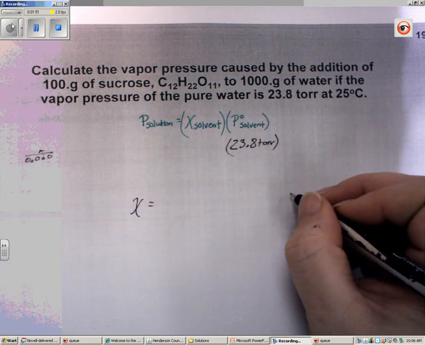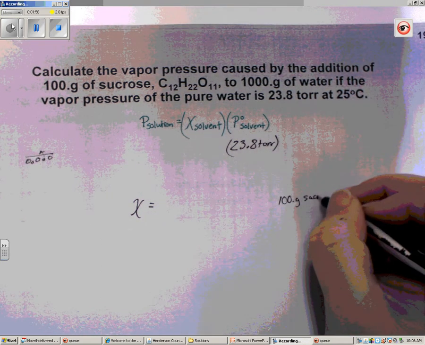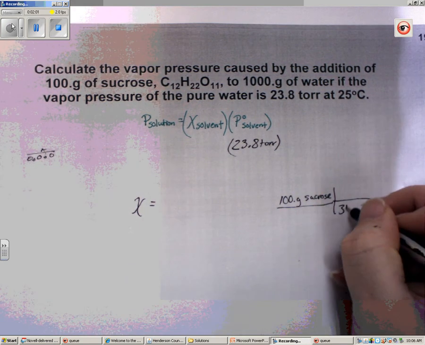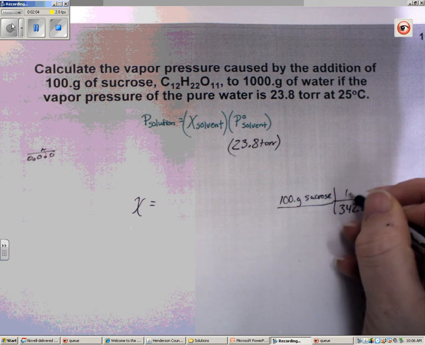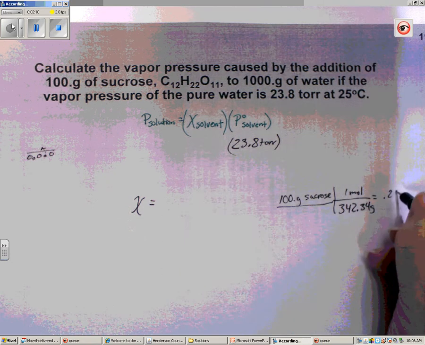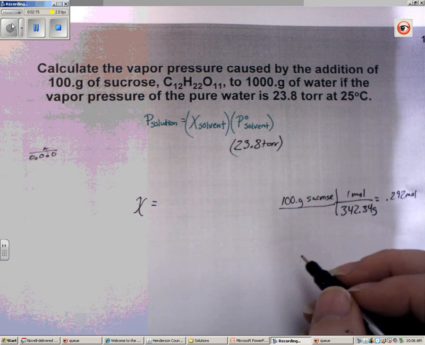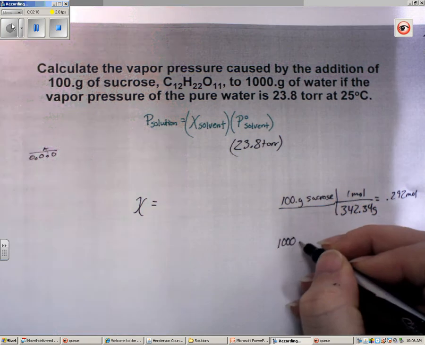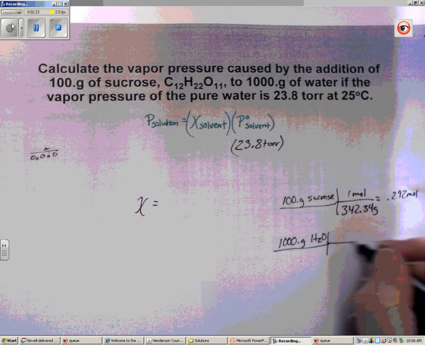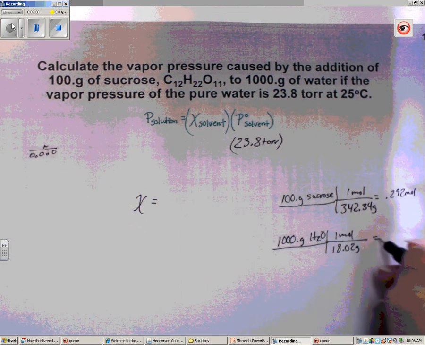First we have to get moles. So I have 100 grams of sugar, sucrose, and take its molar mass. It's going to be 342.34 grams in 1 mole. So I end up with 0.292 moles of sugar. Then I need the moles of my solvent. I have 1,000 grams of water. So we're going to convert that to moles for mole fraction. 18.02,